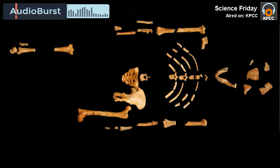If we look at Lucy as an example, what do her hand bones tell us about how she lived or what she did? Well, there are lots of hand bones for Lucy's species, but unfortunately, we don't have an articulated hand skeleton that belongs to one individual, which means that we are a little bit more limited in what we can say about what Lucy may have done with her hands. But we can put together a composite skeleton of the hand. And when we do that,